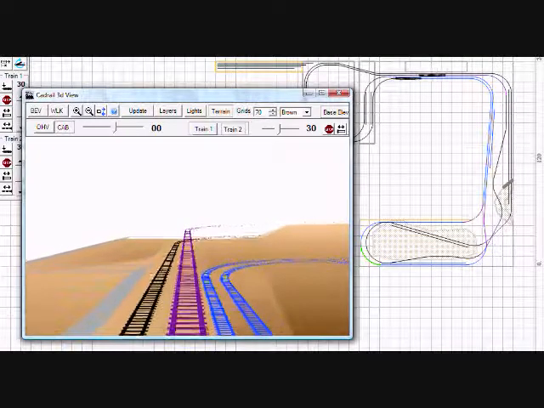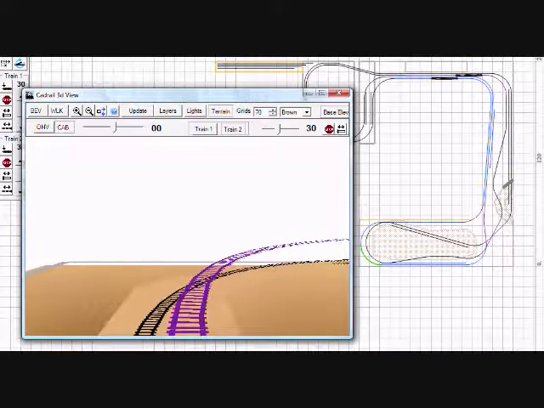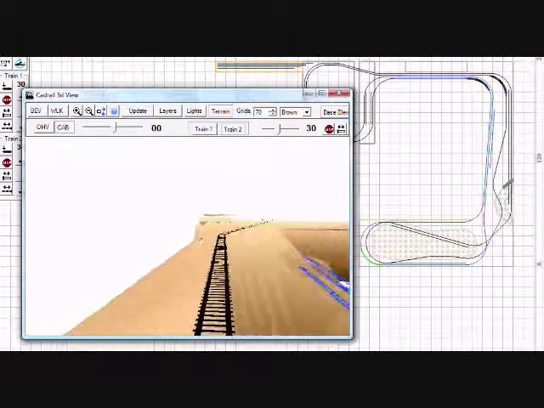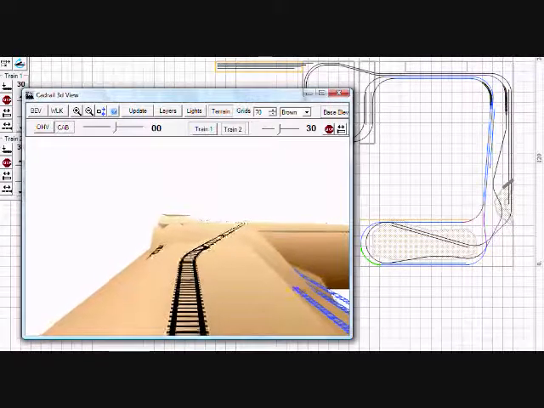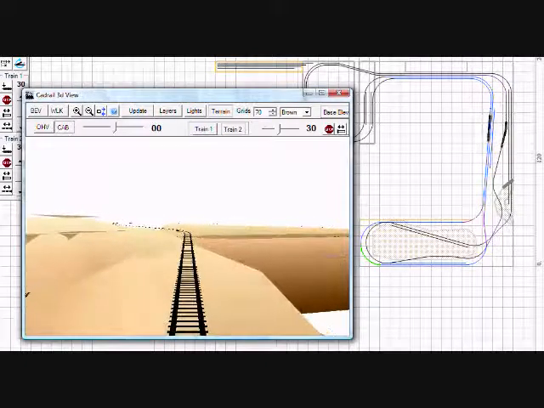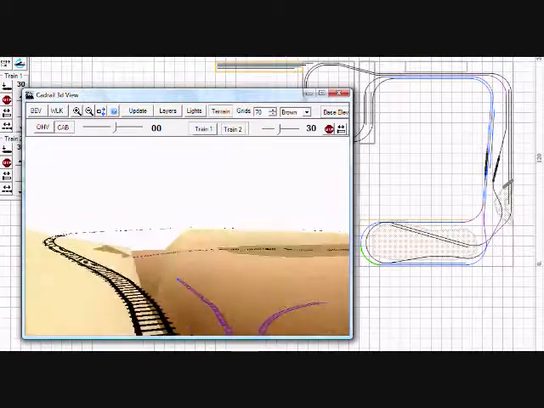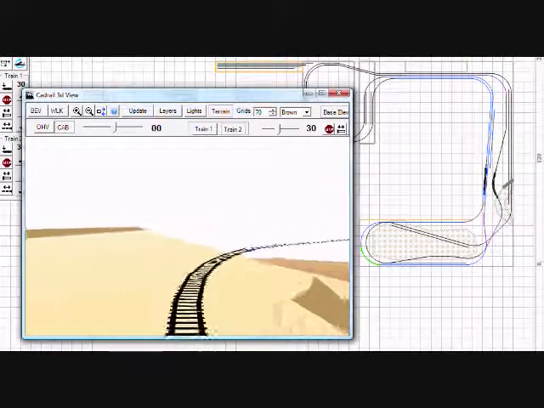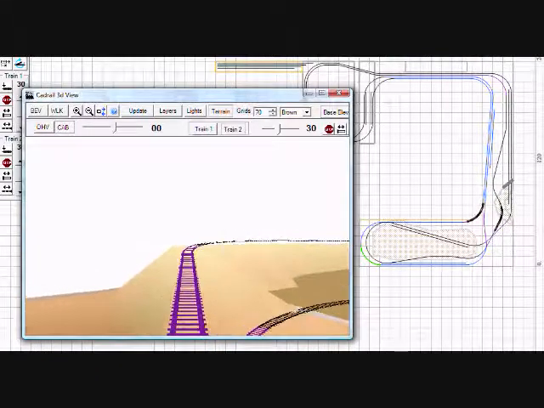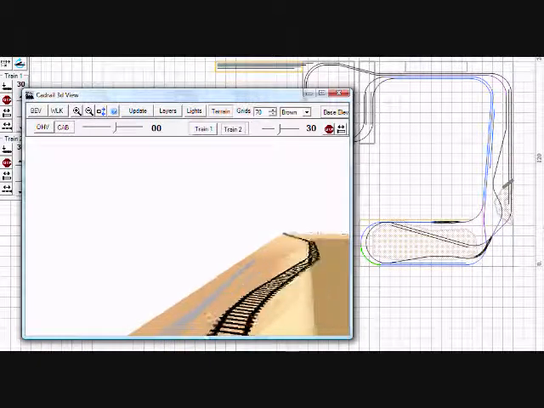And in this particular video, I'm not going to jump around and change views on us. We're just going to stay right here in the cab of train number 2. Now we're at the upper level. We're on the mountain route, and we'll take a little dip around the mountain peak here, and then we'll line ourselves up with the trestle and truss high bridge that's here. There's almost 14 inches of variation between the lowest level and this one, plus whatever goes